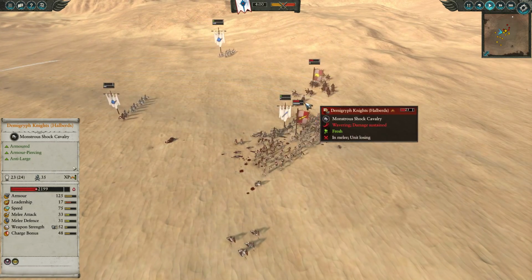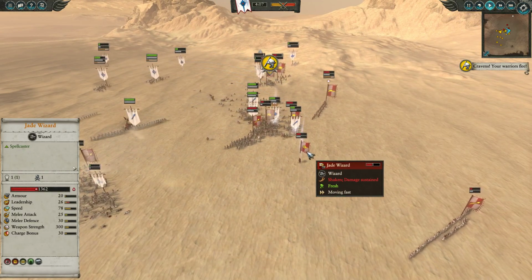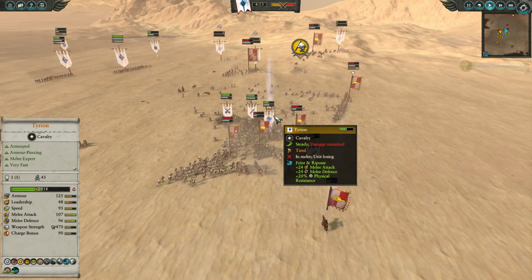Looks like they're going to get some demigryph support as well to break off these spearmen and perhaps get the demigryphs back into the action. The Jade Wizard doth live. Tyrion let him go earlier to go kill Volkmar. Those regrowths have been really nice coming down on the demigryph knights, and Tyrion is starting to struggle a little bit,